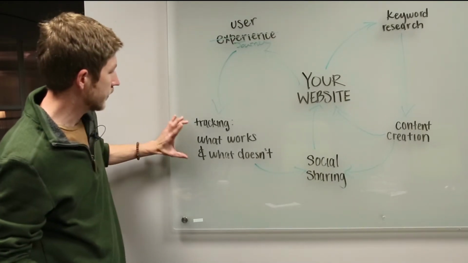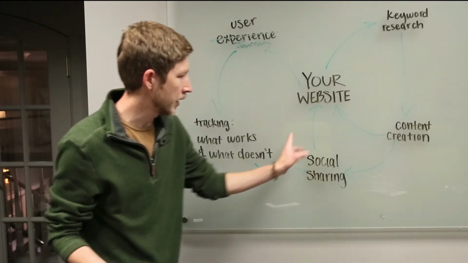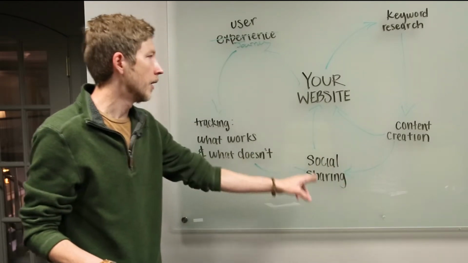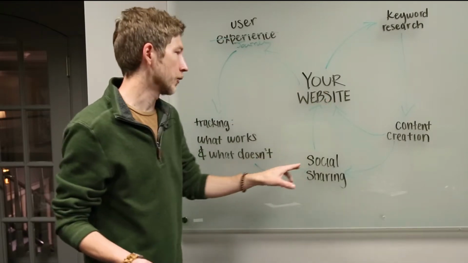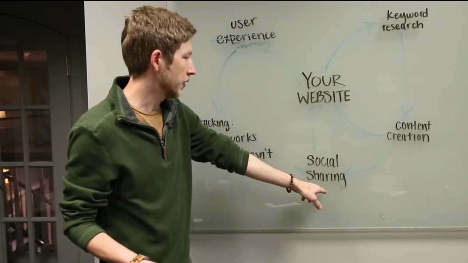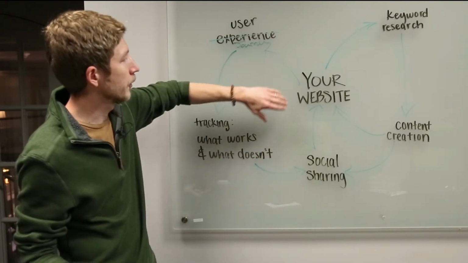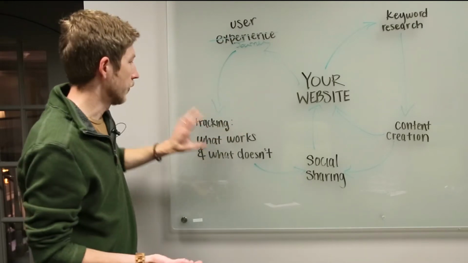And the thing is, this stuff doesn't happen right away. Social is kind of fun because you can really get a lot of data quickly. But the people that come to your website are going to be far fewer than the people that you're going to reach on the search engine page and here in social media. So it'll take a lot longer to be able to adjust your strategies accurately with the analytic data that you're tracking.